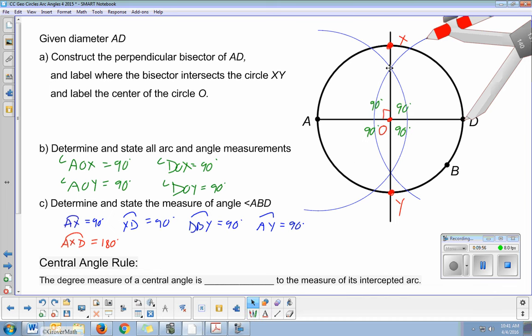These next 2 chapters, always look for diameters because they cut your circle in half. They cut your 360 in half to 180, and there's a lot of important stuff that we could get from having a diameter. So there are other arcs here, but the point we're trying to get across is that these central